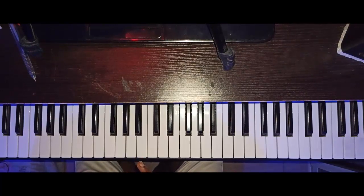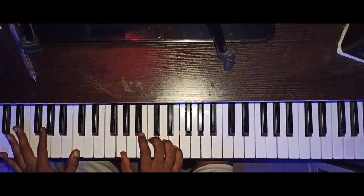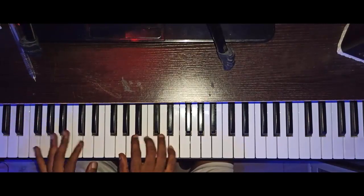So I'll just show a little demonstration using the song "You Are the Pillar." First I'll play without the fill, then I'll add the fill. So the first fill will play something like this. So basic progression: you are the pillar that